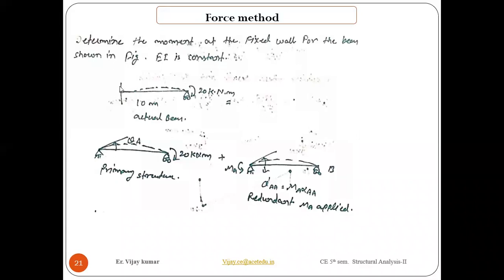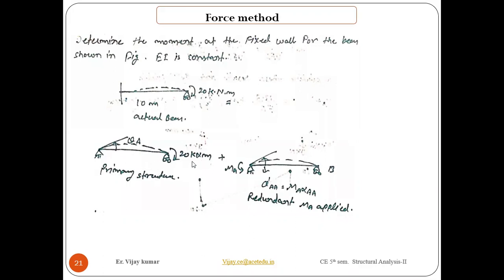Here you need to choose a support which allows the body to rotate, but there should be restriction on the other side, which is provided by the original support. So we use a hinge support, which restricts vertical as well as horizontal movement, but allows rotation, meaning a deflection slope will take place at the support. That's why we need to remove the redundant restriction applied by the fixed support. So this is the condition.